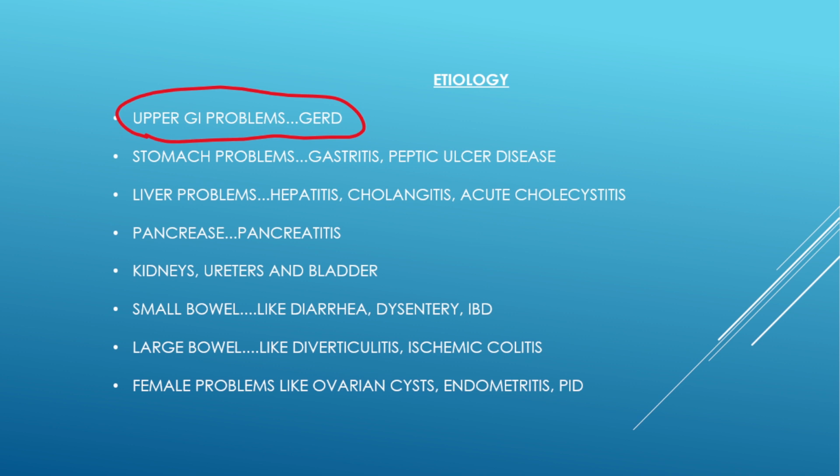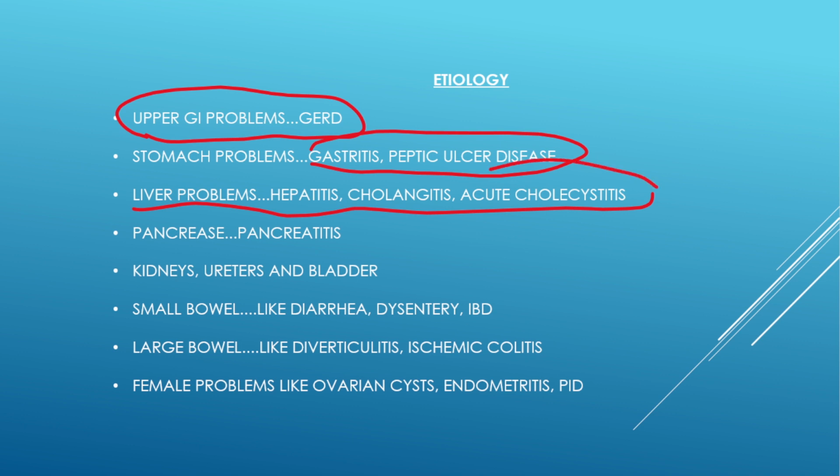Ask about stomach problems, especially gastritis, peptic ulcer disease. So ask about any pain medication use, and ask about previous H. pylori infections. Liver problems: so ask about hepatitis, ask about jaundice, upper abdominal pain, ask about change in color of urine, change in stool color, ask about radiation of the pain to the shoulder, which may suggest acute cholecystitis, gallstones, ask about pancreatitis,